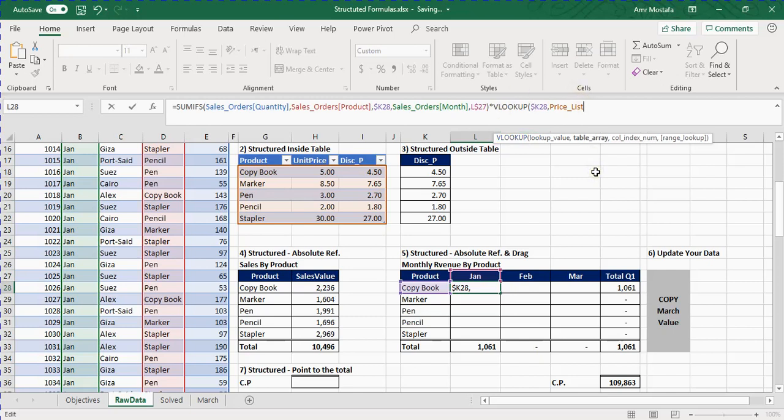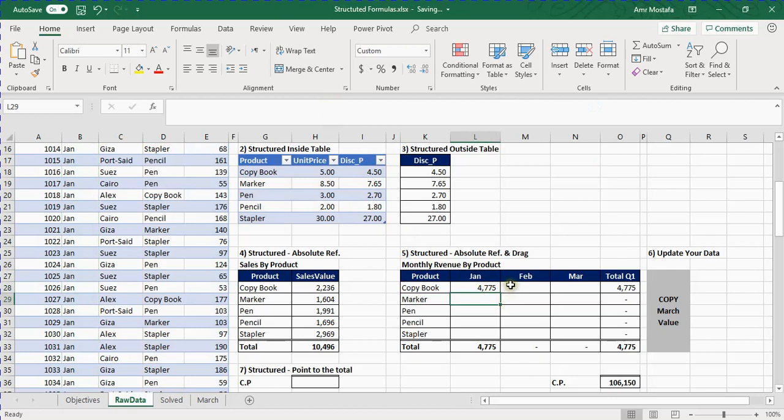And then now I selected the right lookup value, and I pointed to the correct table, and then I will write comma, and I need to have the price, the discounted price actually, which is in third column. Then I have to select false or 0 for exact match, close parentheses,